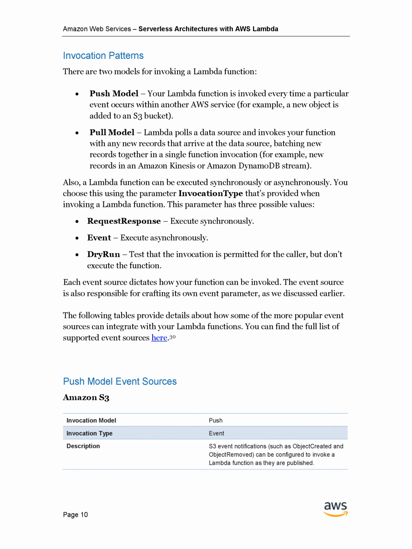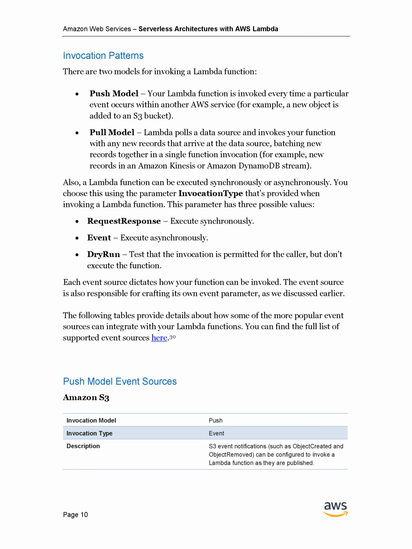Invocation patterns. There are two models for invoking a Lambda function. Push model: your Lambda function is invoked every time a particular event occurs within another AWS service, for example, a new object is added to an S3 bucket. Pull model: Lambda pulls a data source and invokes your function with any new records that arrive at the data source, batching new records together in a single function invocation, for example, new records in an Amazon Kinesis or Amazon